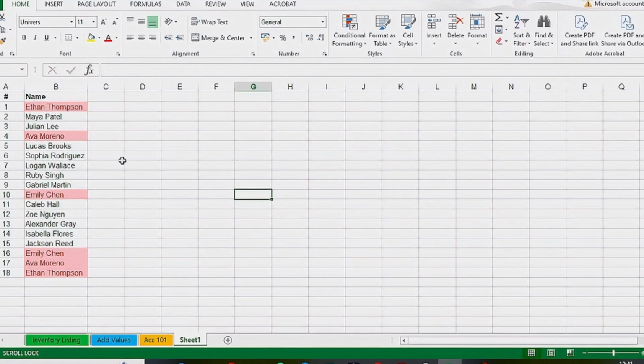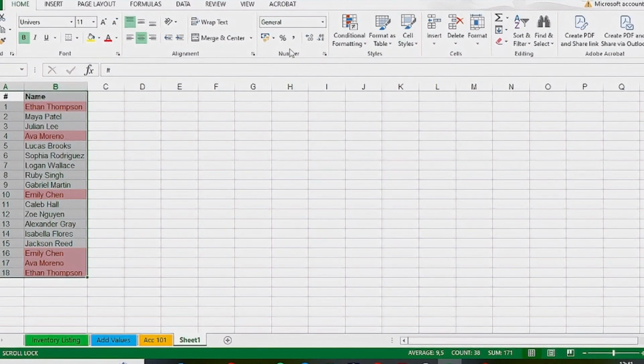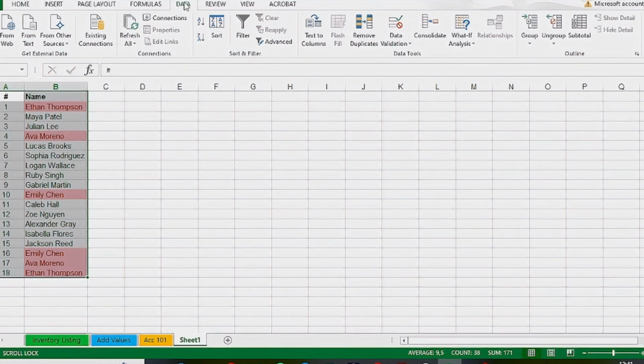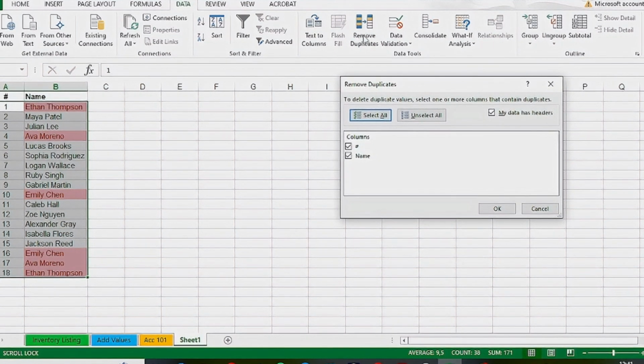Once you identify the duplicate values, you can easily remove them by just highlighting the table or information that you have and going on the ribbon under Data. You go to Remove Duplicates. If you click Remove Duplicates, it will ask you the columns to include when removing duplicates. Here you can select all or unselect. So we have selected everything and we are removing duplicates. Wherever we have duplicates, we remove that row. If we say OK,